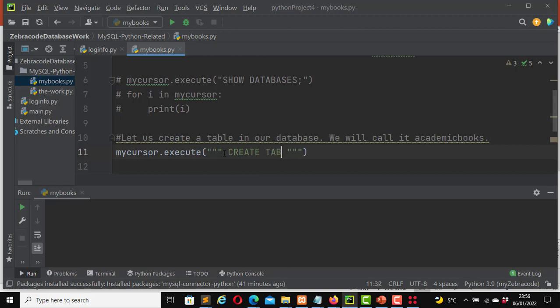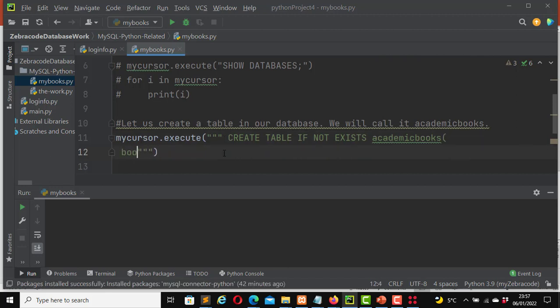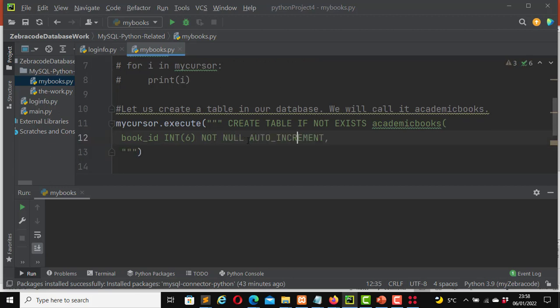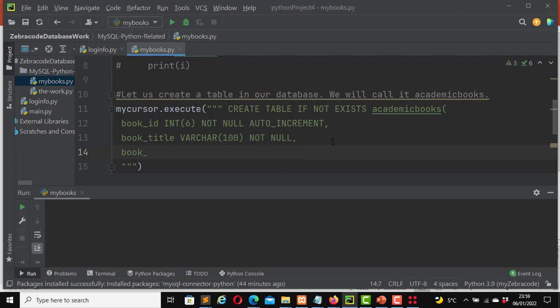Create table if not exists academic books. book_id, int of size 6, not null, auto_increment, comma, book_title, varchar 100, not null, comma, book_author